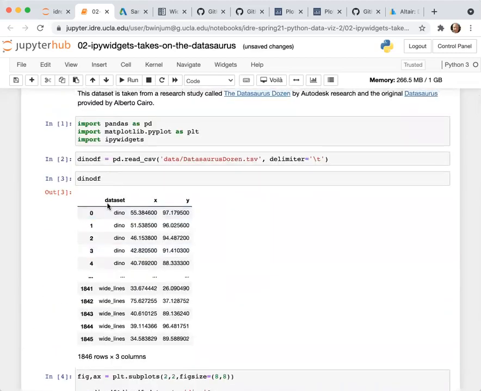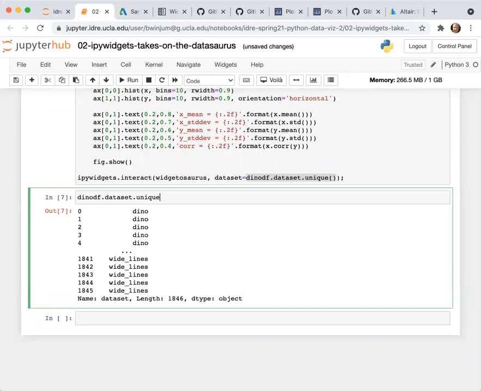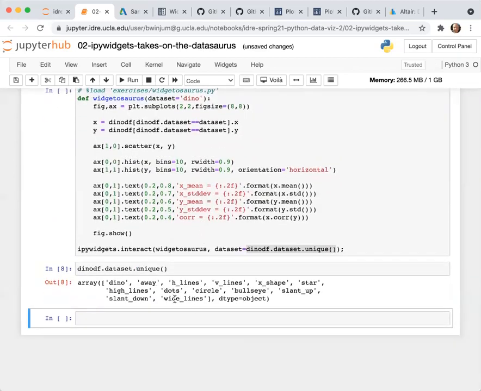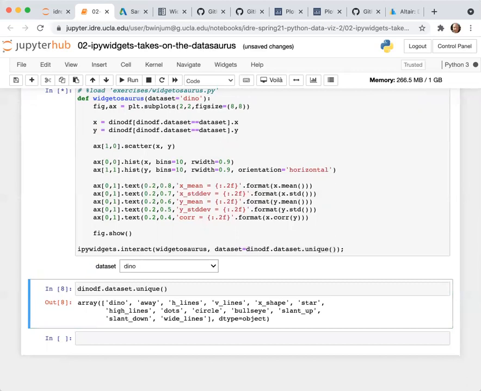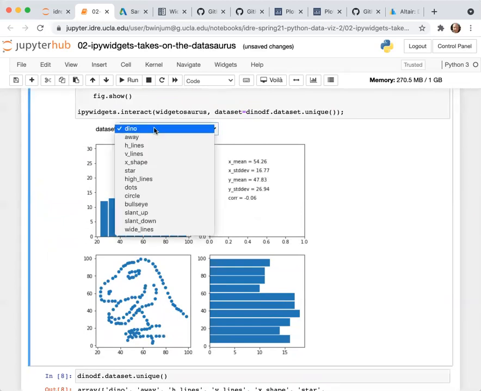The data frame is dinodf, and dataset is the name of the column. If I call unique, this gives me a list with all of the unique values. So this list I pass into the dataset input parameter. That's the list that is used to generate the values inside of this drop-down menu.